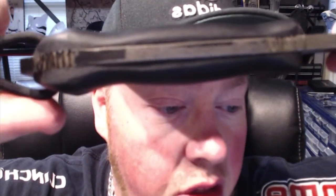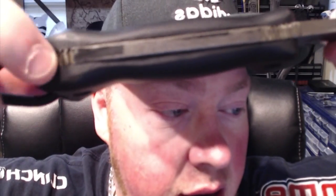I added jimping here so your hand doesn't slide back. I added jimping up here so your hand doesn't slide forward. And I added jimping on the back, both back here and up here. That way, if you have your thumb here when you're holding, right, and you can feel your palm back here, grip that jimping a little bit. And so I made the handle smaller and grippier, and I really like it, and I really like the two